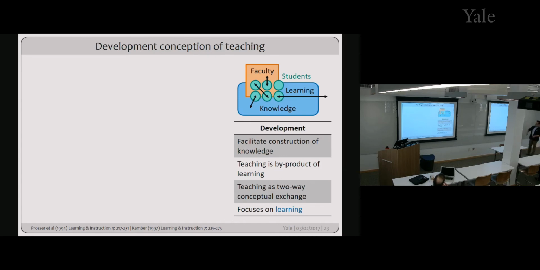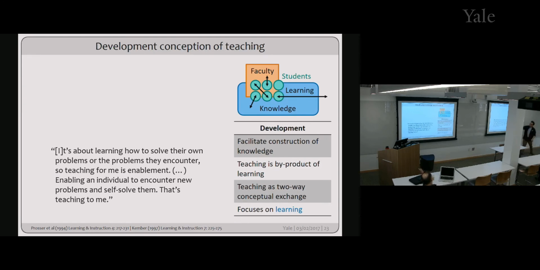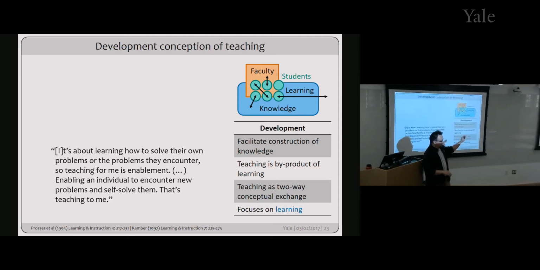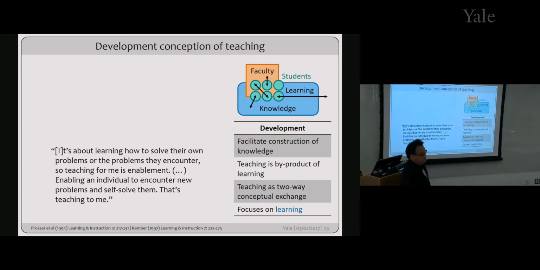Right, so obviously, our goal is not to have all our students divorce their spouses, right? But in this case, another example is this one. This other faculty said teaching is about getting students to learn how to solve their own problems. They have to encounter the problems themselves and then solve them themselves, right? So teaching is really an enablement for students to encounter these problems and then learn to solve them. In this case, it's interesting, what the faculty is talking about is actually PhD students and postdocs in this research group. So this is the kind of learning that we often describe for graduate students and postdocs.